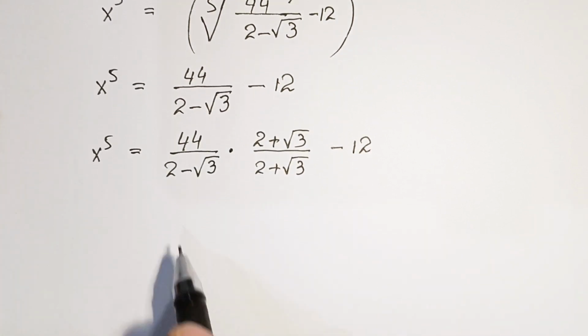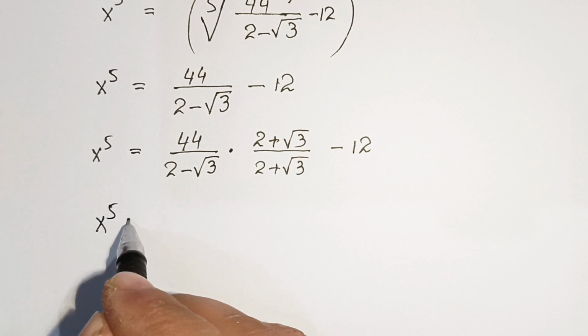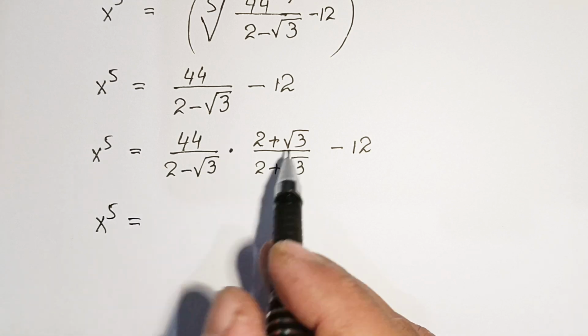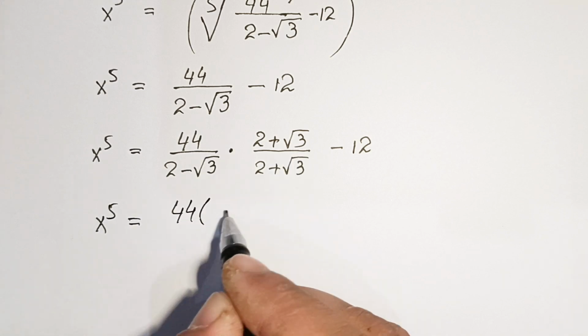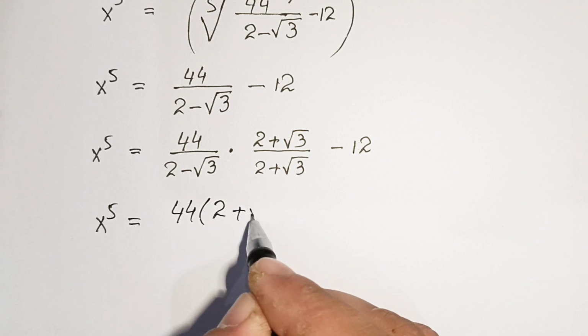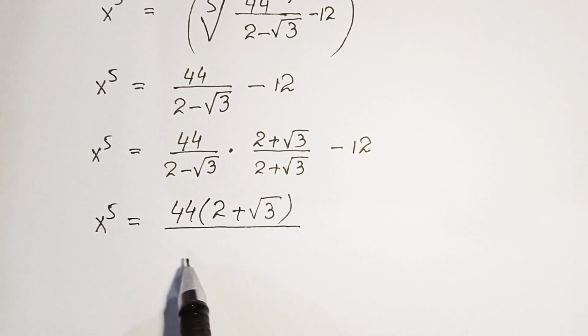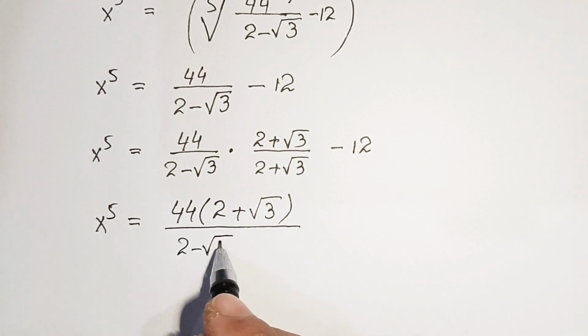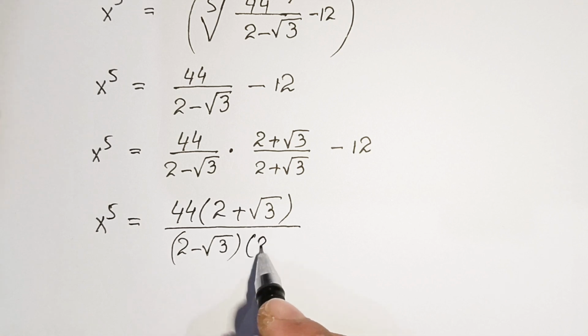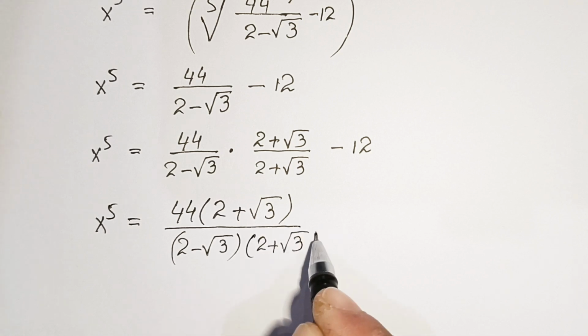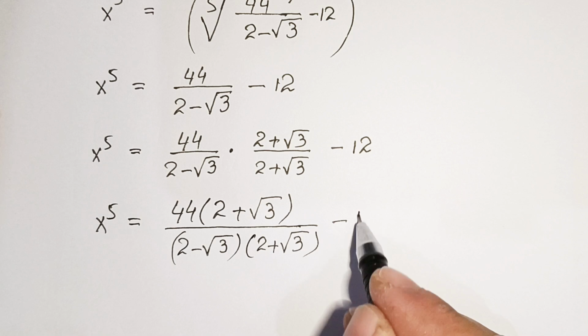Now x to the power 5 is equal to 44 multiplied by this one, so we have 44 times 2 plus square root of 3 all over 2 minus square root of 3 times 2 plus square root of 3,